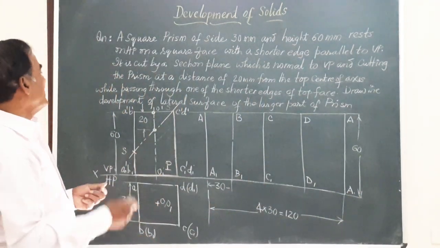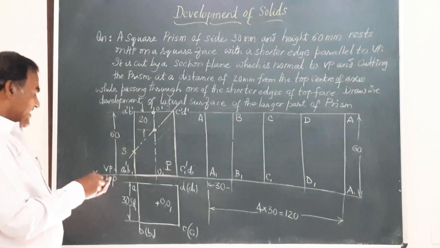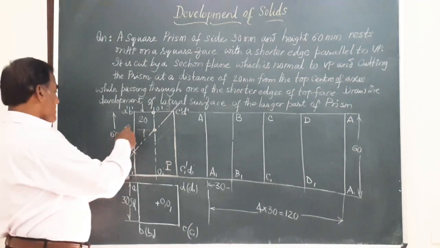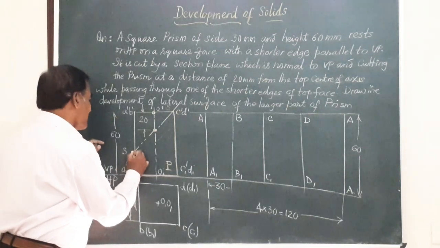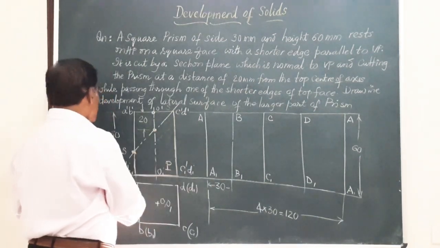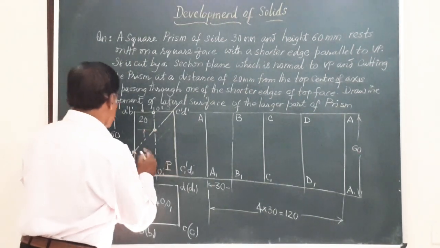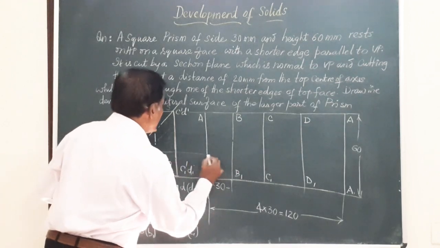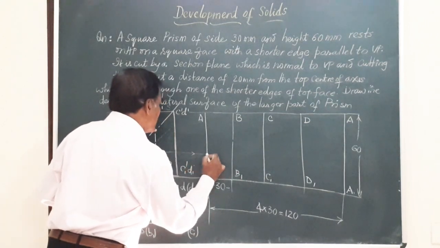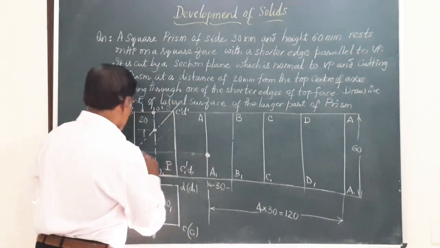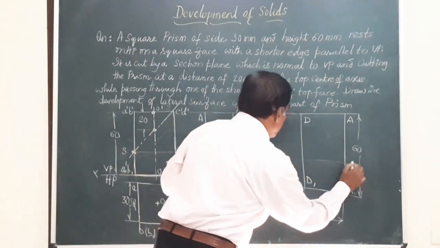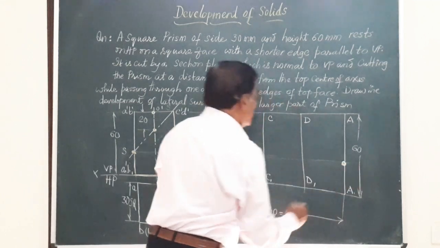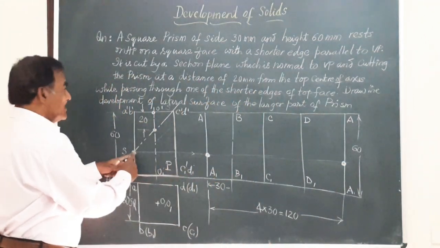Now after this is being cut, let us see what all we get. See here, the vertical edge AA1 is cut here. From that point, I draw a horizontal line till it cuts AA, a horizontal line from there. Yes, it is cutting here. You get a point here. Likewise, AA again you have at the end. You extend that line, you have another point here. So AA is being cut there.